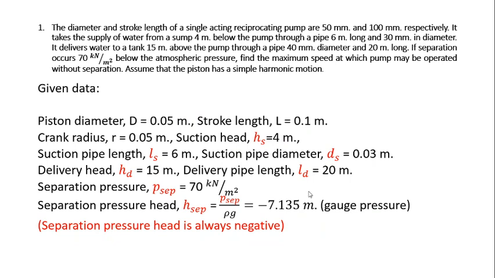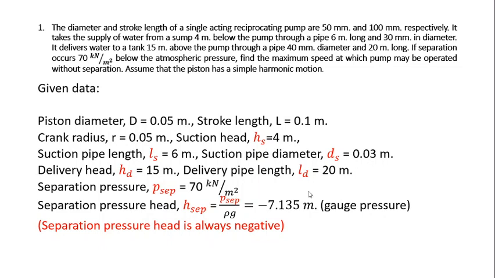Now we are going to do an example, a problem on this. The problem says the diameter and stroke length of a single acting reciprocating pump are 50 millimeter and 100 millimeter respectively. It takes the supply of water from a sump of 4 meter below the pump through a pipe 6 meter long and 30 millimeter in diameter. It delivers water to a tank 15 meter above the pump through a pipe 40 millimeter diameter and 20 meter